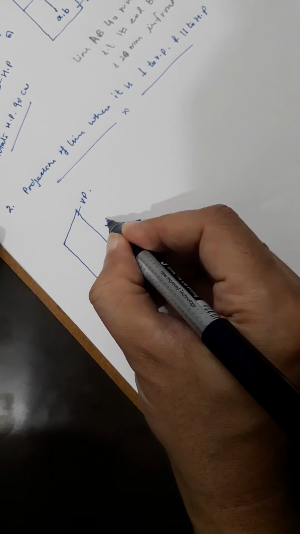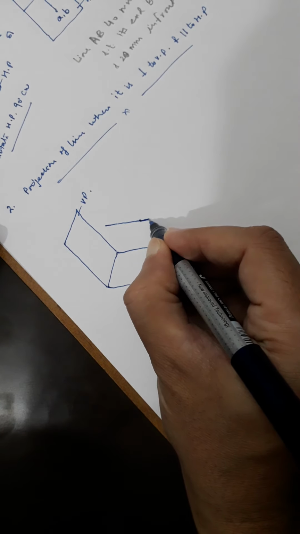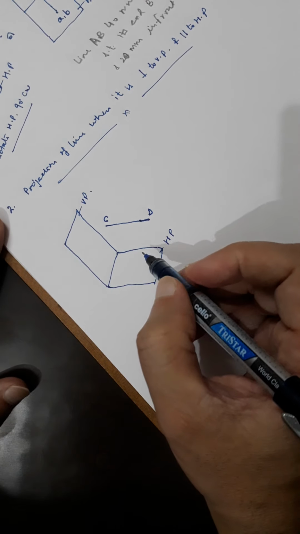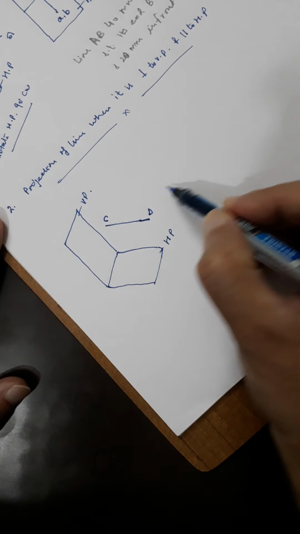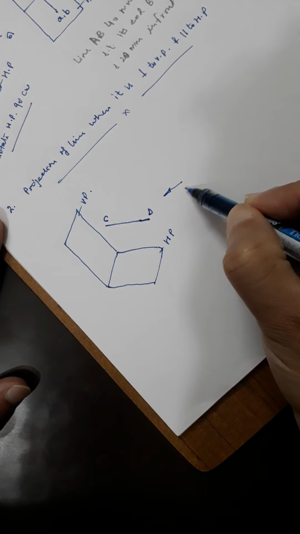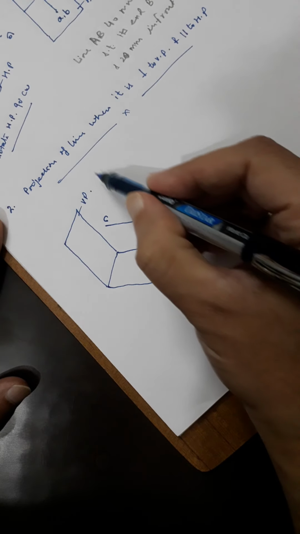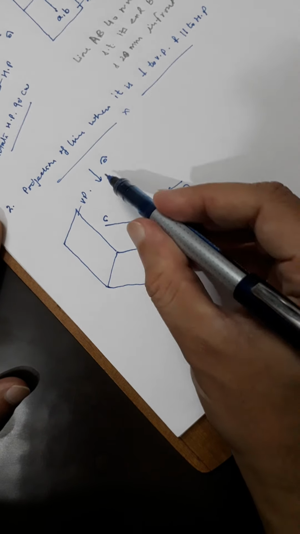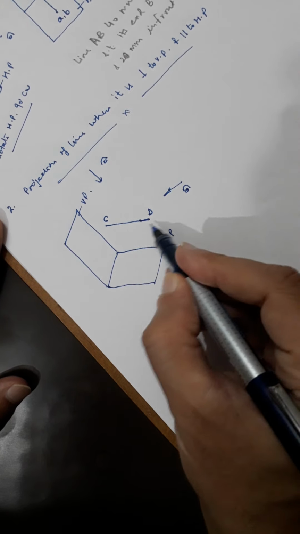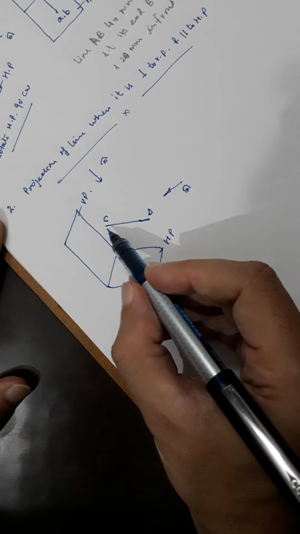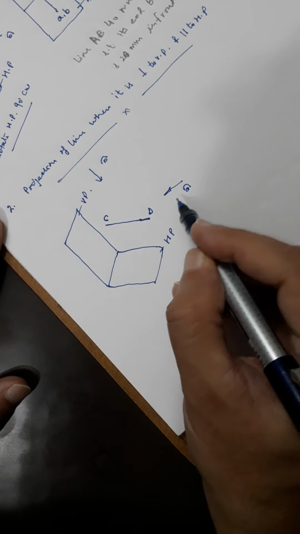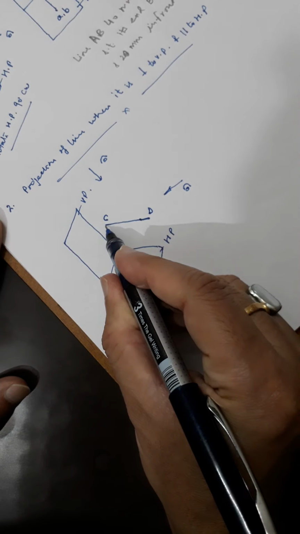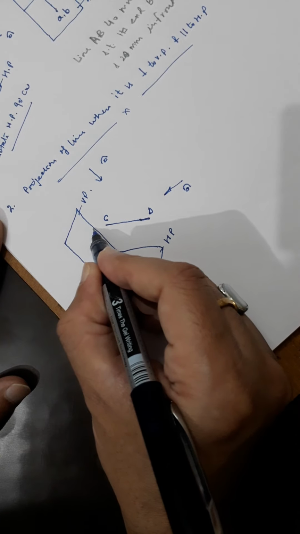So the line is say CD. So I am using the line as CD now, C and D. So this is the actual location of the line. Now this is the front, we have to see it from here, and this is the top. Okay, now here you can see in the top view you get the actual length of the line, true length, you can say it is the true length. And in the front view, while seeing from this side, you can see only D and C, it will be simply a dot or a point.